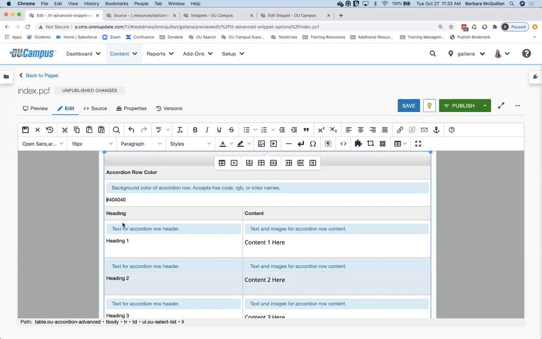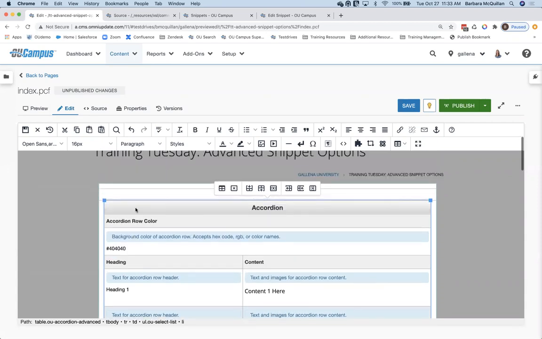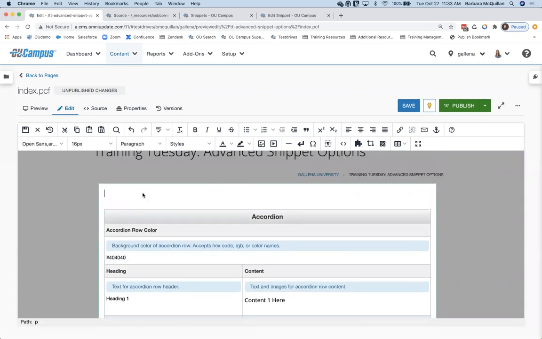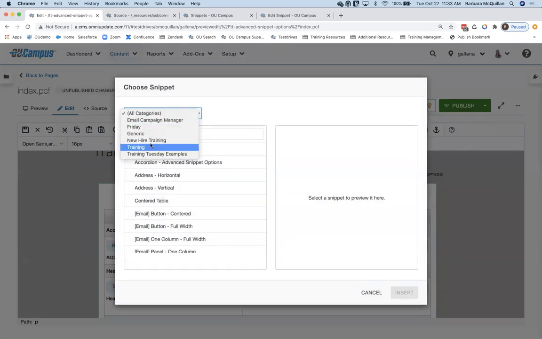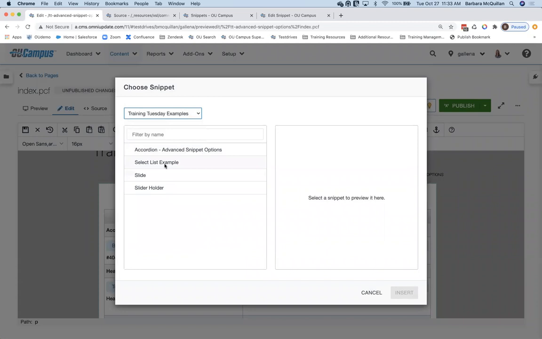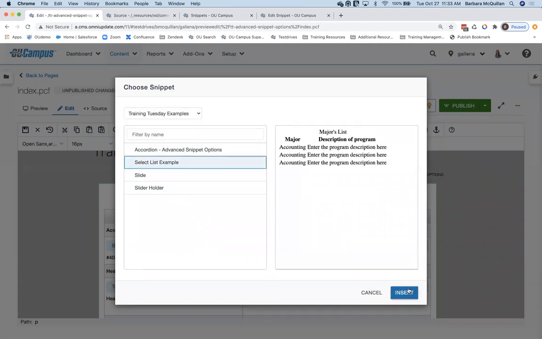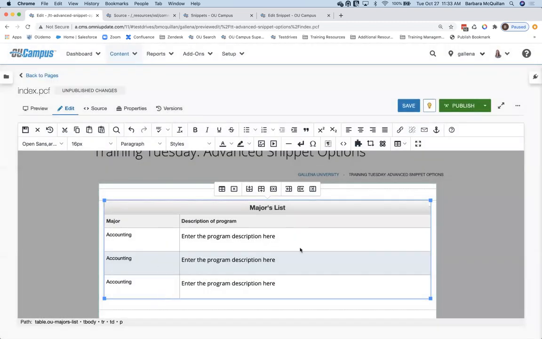If you have lists that you're going to use multiple times across snippets, or something that is a much larger list, it behooves you to turn it into a JSON file. So let's use my table separator here for me to insert an example where we have some more options. In this particular case, I essentially have a snippet that is allowing me to choose a particular major from a list.